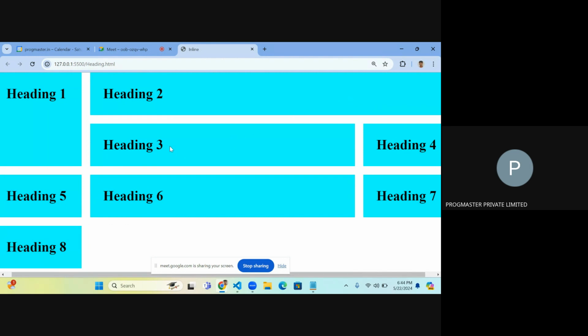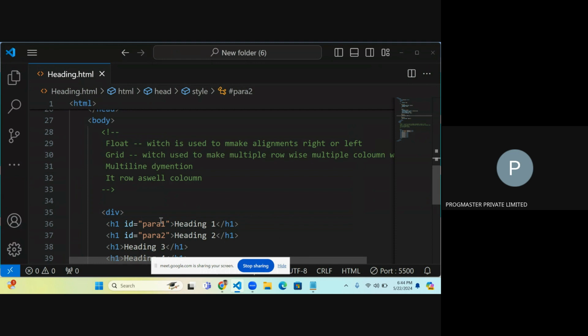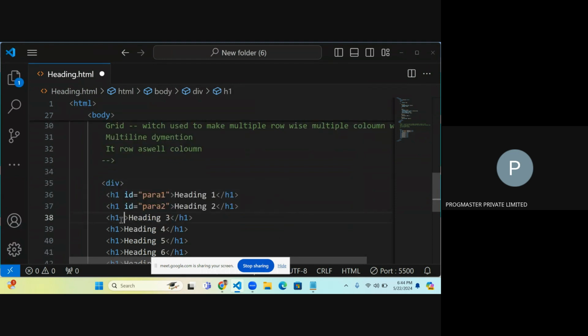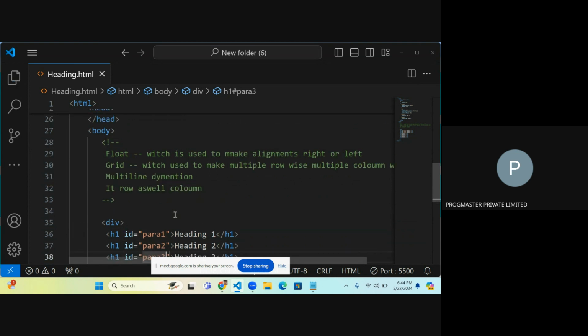So for example, my requirement is now this heading 3 is going to occupy the heading 6 space. How do we occupy the heading 6 space row-wise? For this heading 3, we have to assign a selector. ID will be the selector, and the selector name will be para 3. After that,